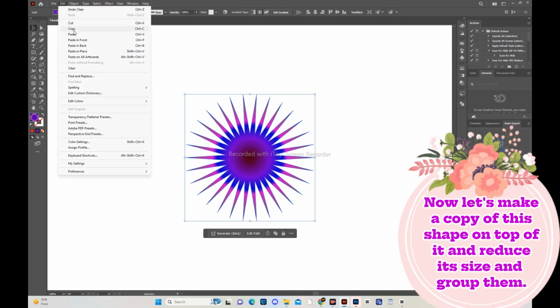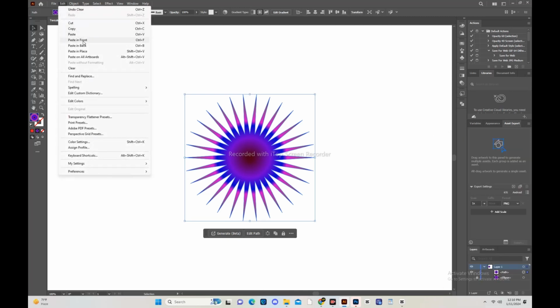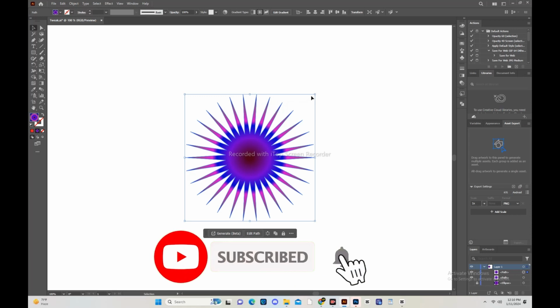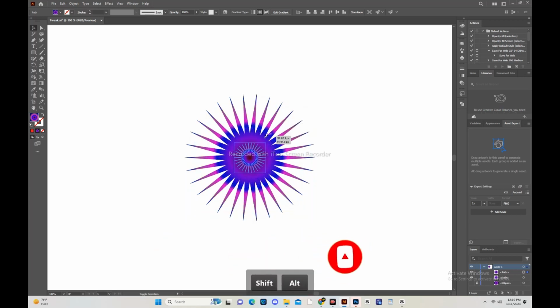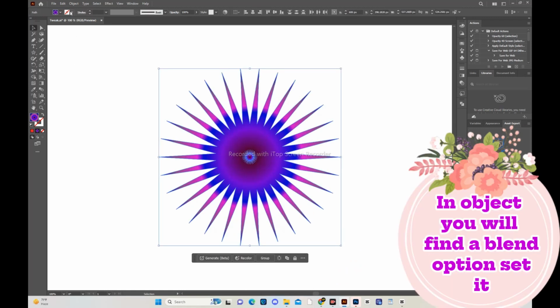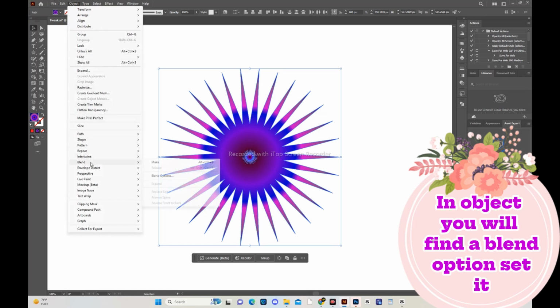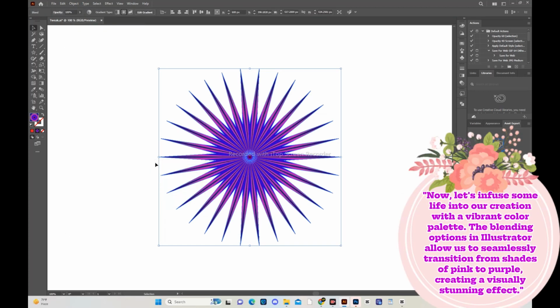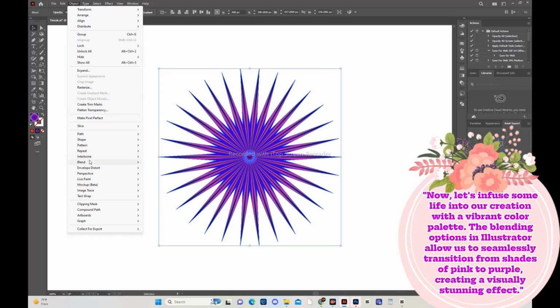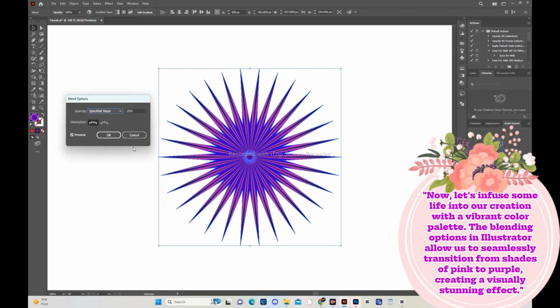Now let's make a copy of this shape on top of it, reduce its size, and group them. In Object, you will find a blend option. Set it. Now, let's infuse some life into our creation with a vibrant color palette. The blending options in Illustrator allow us to seamlessly transition from shades of pink to purple, creating a visually stunning